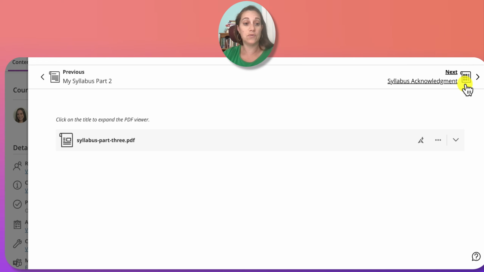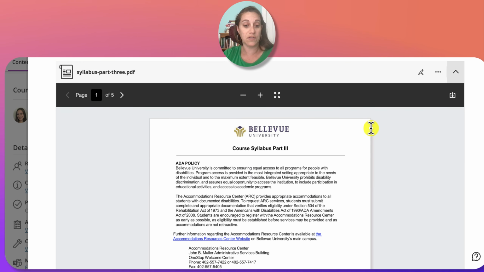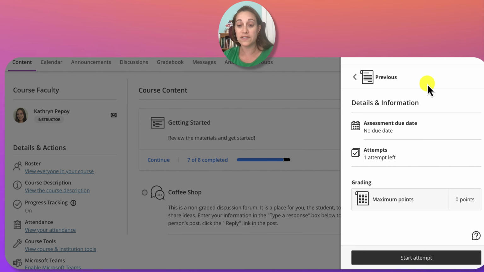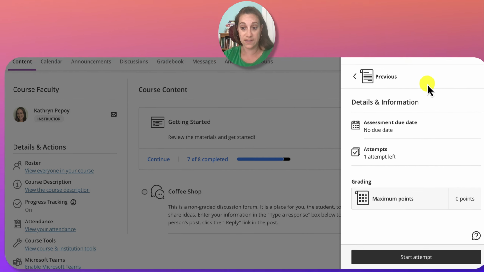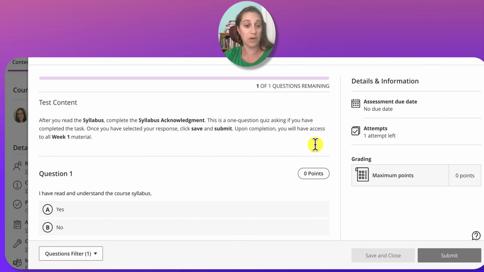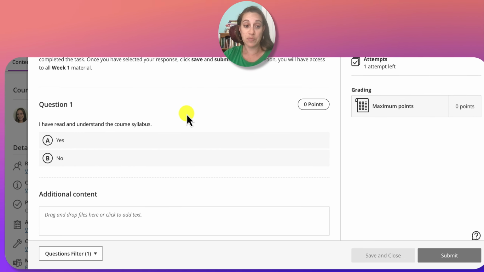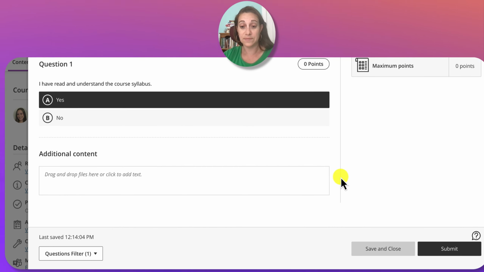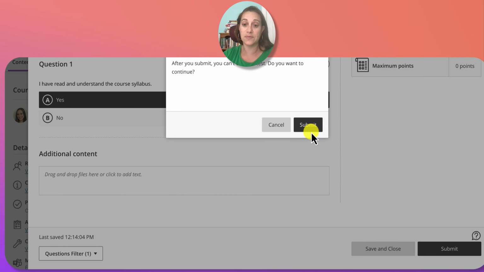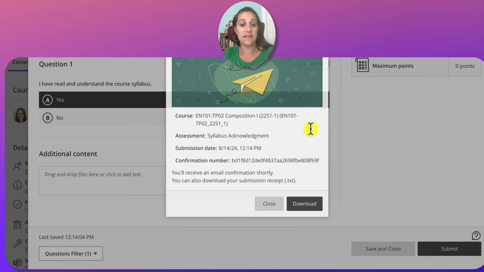So once we continue to go to this section, this last section here, this is going to be the syllabus acknowledgement. So as we start to think here, we read through again one more time, and then we want to make sure that everyone is up to date, everyone is all set, everyone is good to go with the information on the syllabus. So once you select Start Attempt, this is going to open up another box here. So simplest question, I've read and understand the course syllabus. You'll select yes. When you scroll down to the right, you can hit submit. And it's, are you sure you want to submit this? You want to hit submit again, and then this will be submitted.